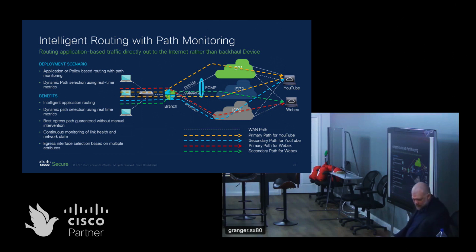Secondary path for YouTube. If this ECMP load balance thing fails or whatever, then go out secondary, which is outside 3 through my third ISP. But for WebEx traffic, hey, we want to send that out ISP 3. And its secondary is going to be just ISP2. So something like this could be easily configured in our firewall now using the policy-based routing engine. And there's a whole bunch of different thoughts. But the idea is that if you have an administrative policy that you want to dictate how traffic routes,